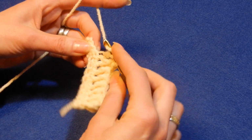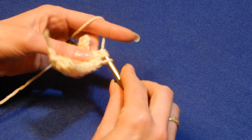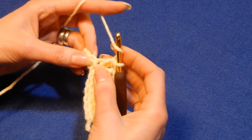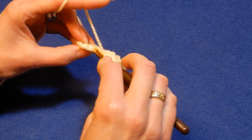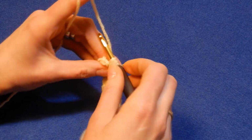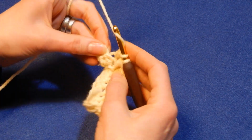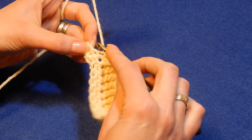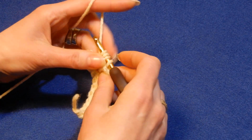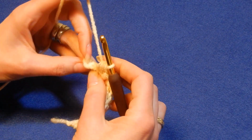Oh yeah, this is a nice stitch to do a scarf. So again, move to the next stitch, go first through the back loop, pull up a loop, pass the yarn to the first 2 loops, yarn over the hook, and now we're gonna go through the front loop, pull up a loop, grab the yarn and pull the yarn through all 4 loops, and now the last stitch